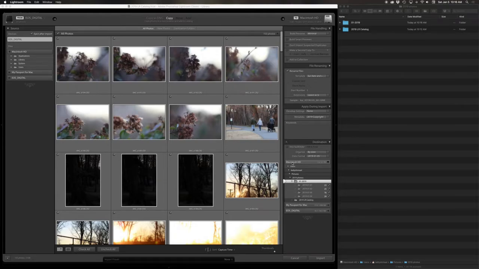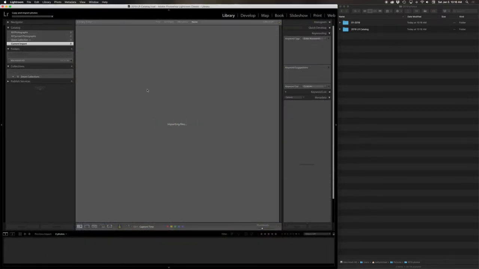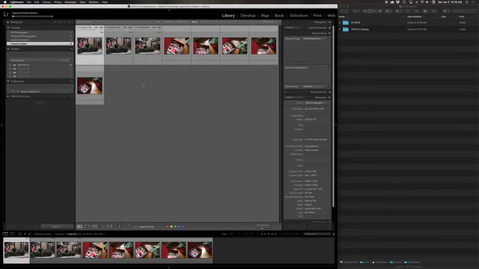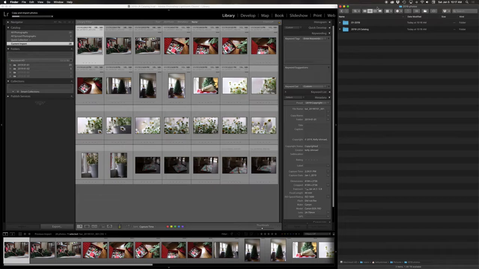I'm not here to tell you how to organize your photos. I'm just sharing what works with me. So with that, I'm going to go ahead and say import. And then it's going to copy all of the photos from my SD card and bring them into my Lightroom catalog. So one thing I would like to point out, if we come over to my Finder window,